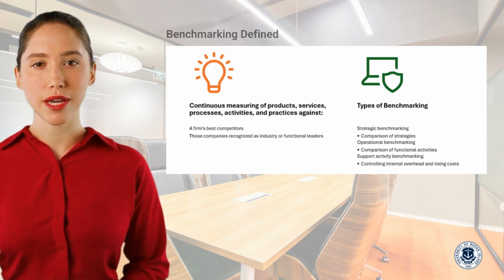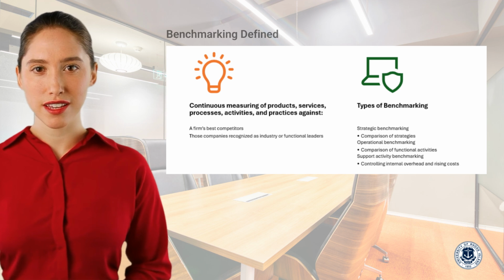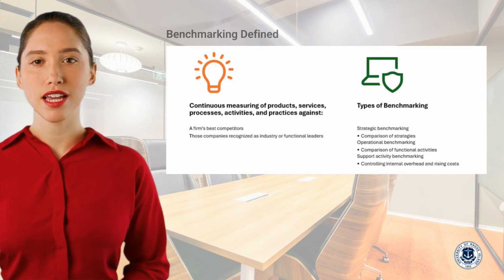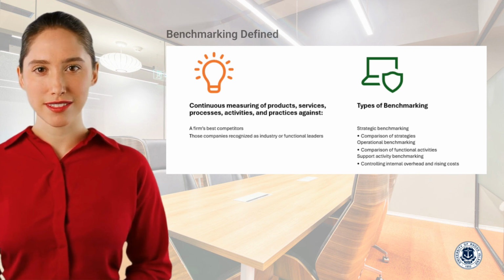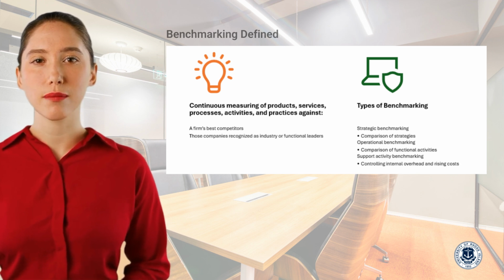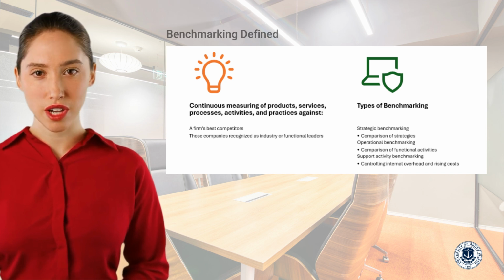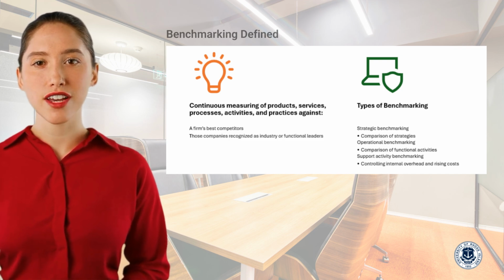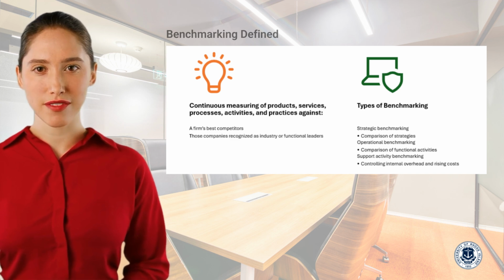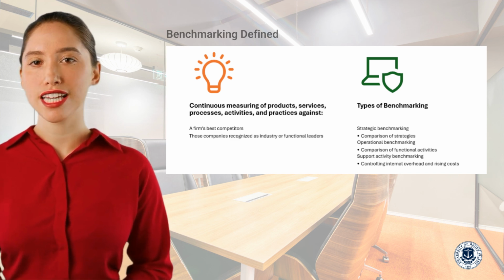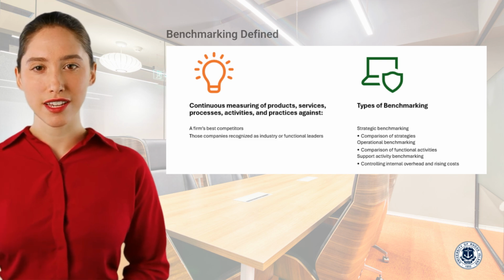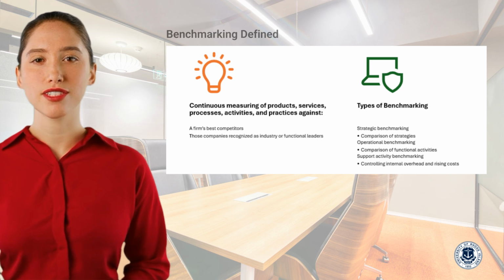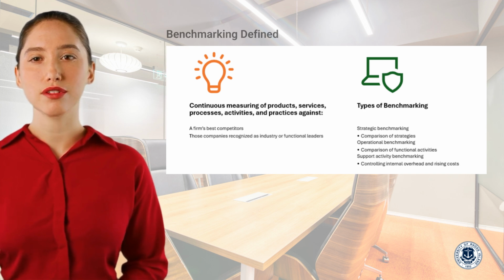There are several types of benchmarking that organizations may use. First is strategic benchmarking, which involves comparing overall business strategies with those of leading organizations. This helps firms understand how competitors position themselves in the market and what strategic approaches contribute to long-term success. Second is operational benchmarking, which focuses on the comparison of specific functional activities. For example, organizations might compare procurement processes, logistics operations, or supplier management practices to identify ways to improve efficiency or